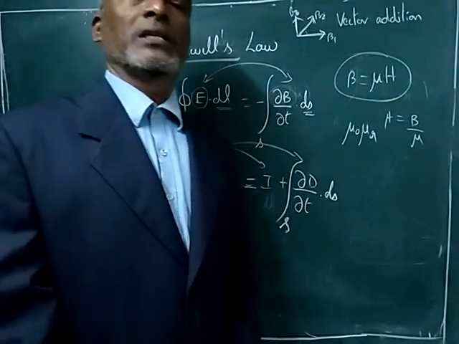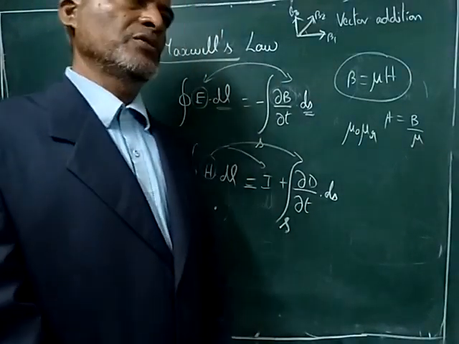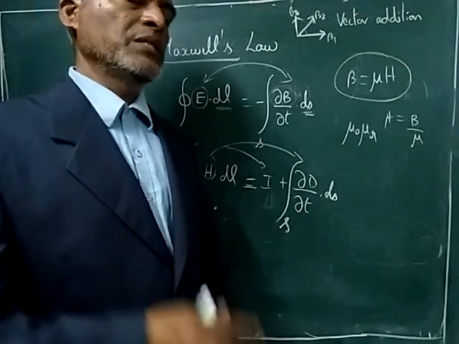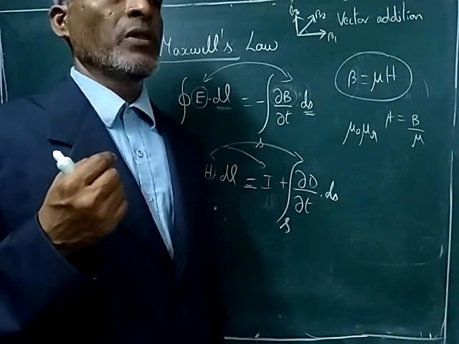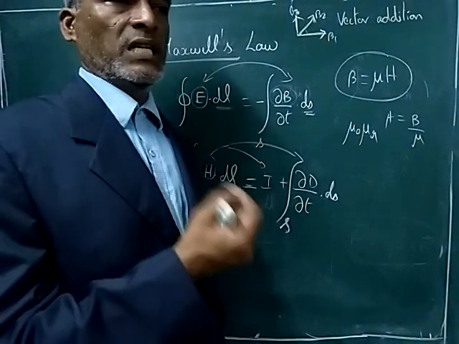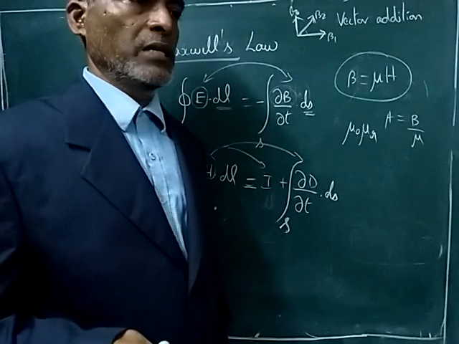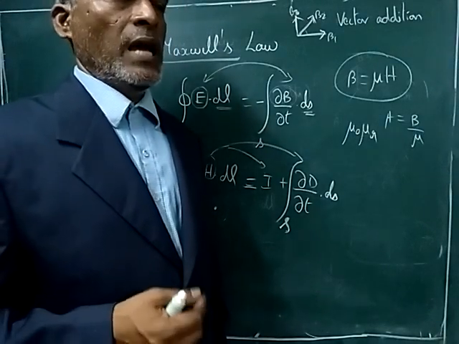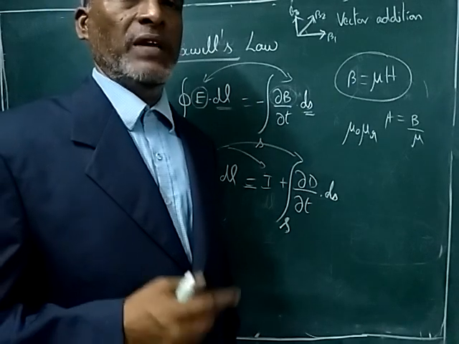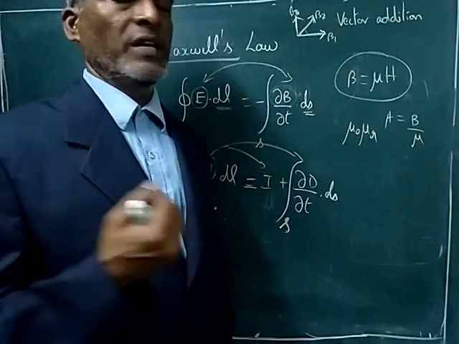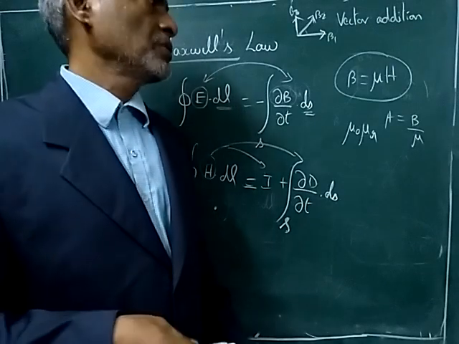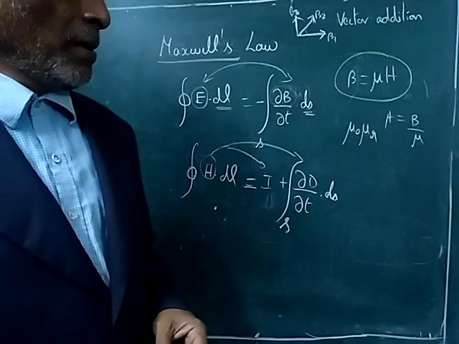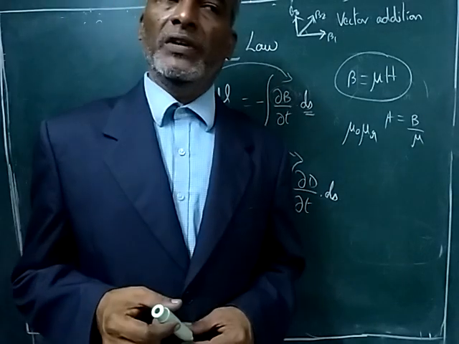So that's all about this topic: magnetic force, magnetic field, influence of magnetic field. What happens when a charge is static? What happens when it is moving? Moving charges produce an electric field as well as a magnetic field, we saw. And what is the force? How are velocity and magnetic flux density related? We have the cross product, and therefore we can find the direction of force. Having said all these things, that's all about magnetic force and magnetic field introduction.